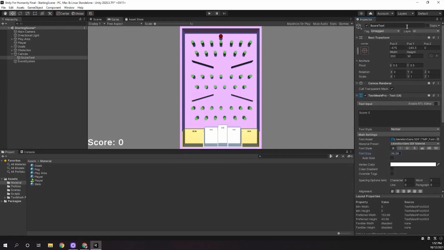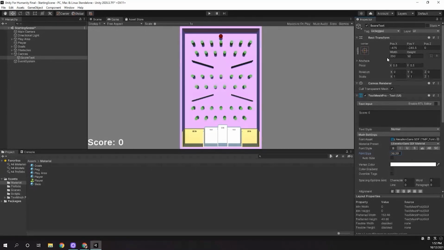And if I go over to my inspector up top, you'll notice that rather than having a regular transform component, we have a rect transform component. And all this is just the transform component that's dedicated to placing our score text in the space of our canvas. So it's just a slightly different format, but it's just because it's within that weird new space